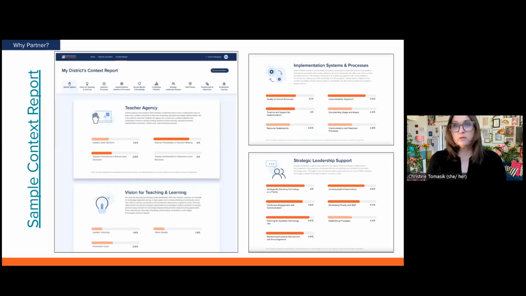What you are viewing now are screenshots of a sample context report. The context report summarizes the 10 key features of your organization that are likely to impact EdTech implementation. The platform averages together the responses from everyone who completes the survey in your district and displays the data in aggregate. If you partner with us to collect data, you'll get access to your district's context report and be positioned to use evidence to inform effective and equitable EdTech procurement and implementation decisions.